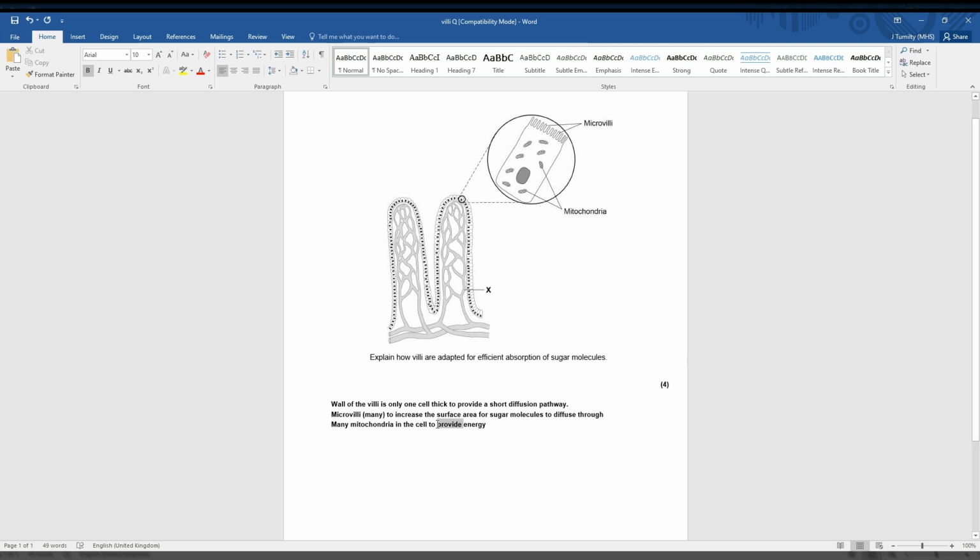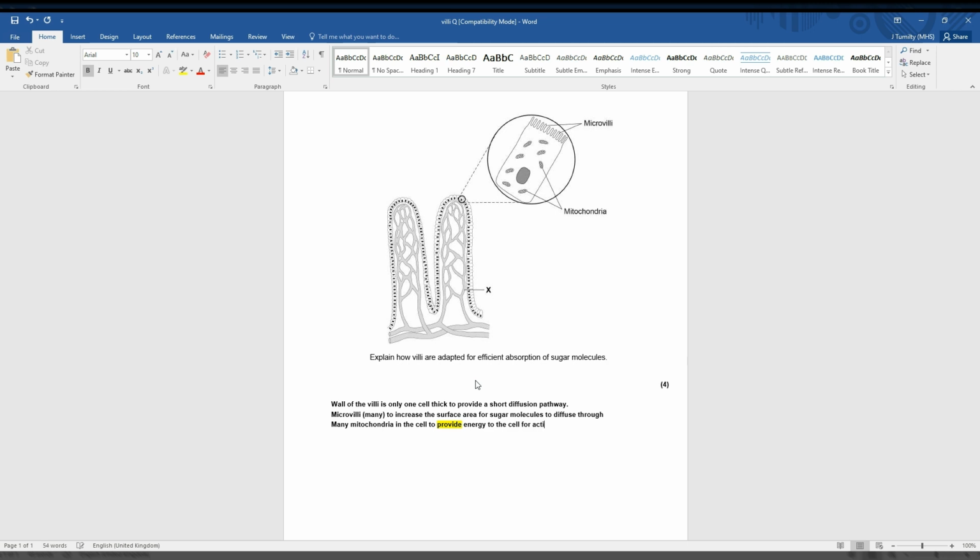I'm saying that it provides energy or transfers energy, that is fine. But what we can't say is that it makes energy or it creates energy, because energy is not created, it's only transformed from one form to another, okay? So we can't say that, and we won't get any marks for saying make or create. Those are absolute no-nos when it comes to describing energy. So we are providing energy to the cell